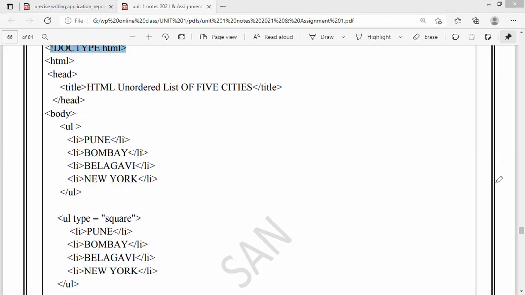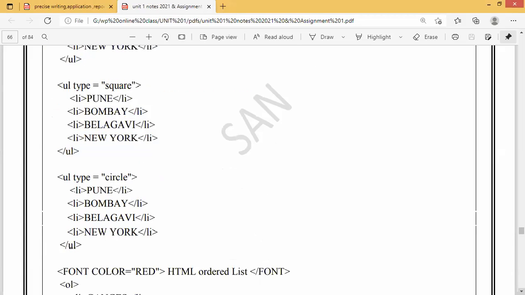Now the next thing that I have done is I have solved according to the question. So what is given in the question? I have to take an unordered list. Type of that unordered list is square here. And then taking that square, what I have done, guys, after taking that as a UL type, I have taken square. So all these cities are bulleted with the square bullet, right? So it is the opening of my UL tag and this is the closing of my UL tag. Remember where to open and where to close the UL tag.